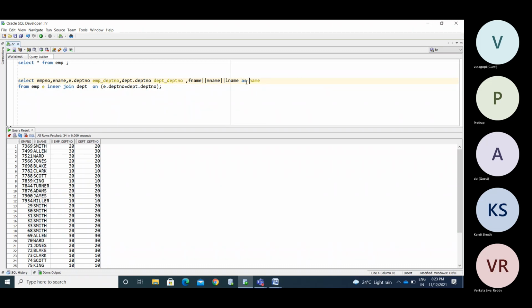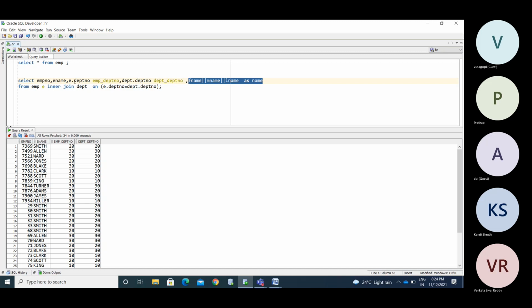As is optional here, no need to provide it. You can provide it or not, it won't matter. So if you want to provide alias names, you can give temporary alias names for the columns and the tables.